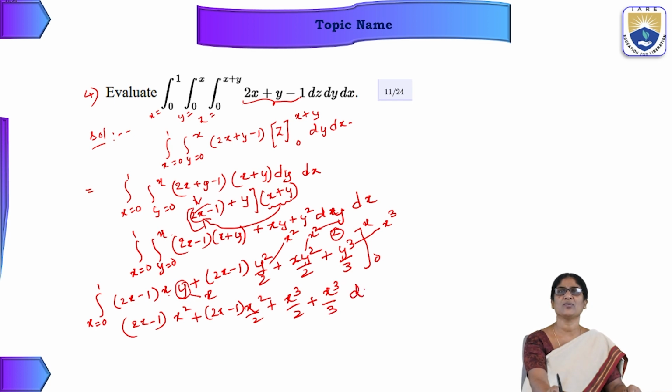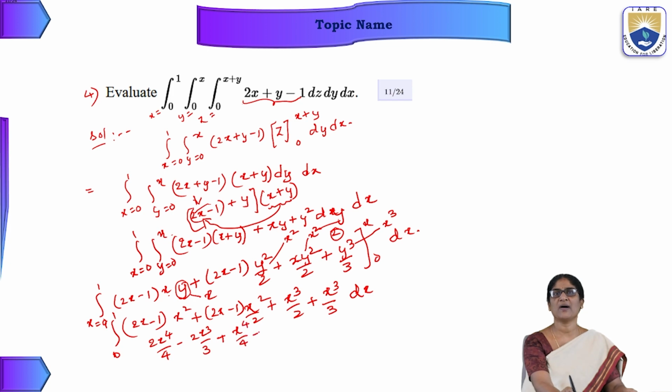And only one variable is left out here, that is dx, x raised from 0 to 1. So here there is no need to put anything, because you have only one variable, from 0 to 1. So next you can write this as 2x into x square, that is x cube. So the integral of 2x cube is 2x to the power of 4 by 4. So 2x to the power of 4 by 4 minus 2x cube by 3, minus 2 gets cancelled, right? 2 gets cancelled, plus 2 gets cancelled, x cube,